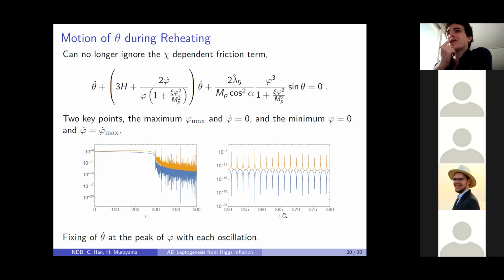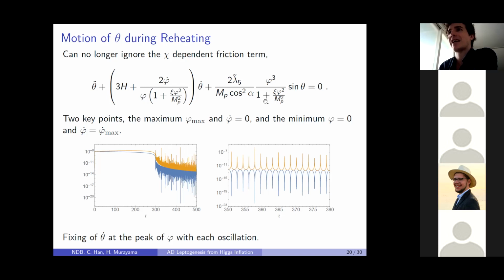Now, what's interesting is there's two important periods of time here in this oscillation. One where, if you look, they match this whole time. Is the peak of phi, when phi dot equals 0, which once again, if you just look here, when phi is at its maximum and this is 0, you could match up again with our approximate terminal velocity type equation. While as phi goes to 0, our theta dot rapidly increases as well.